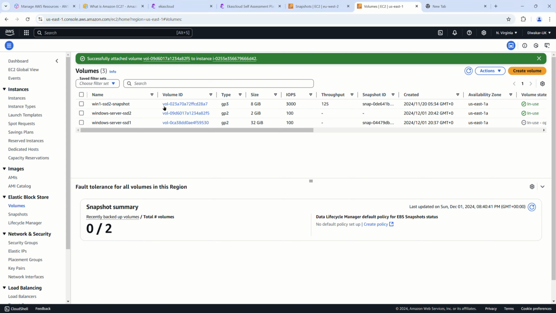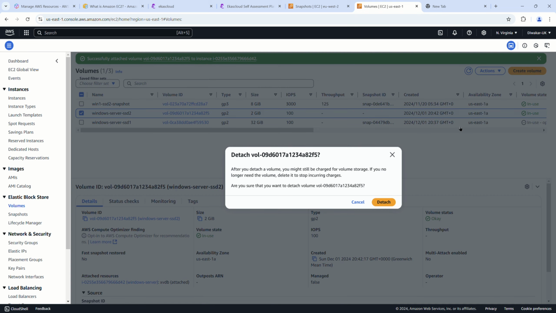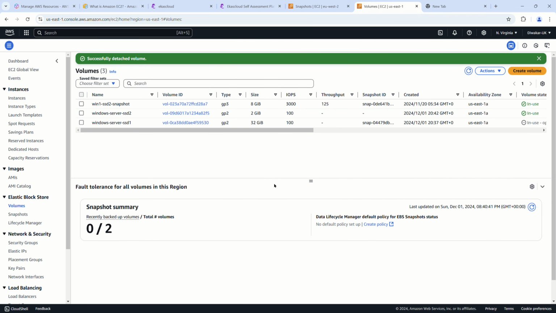Now we'll go back and detach this volume. Now we are detaching it. Okay, so now if you go back, we can't see it. It is gone. So this is how we can attach and detach volumes and modify the volumes. Now let me close this